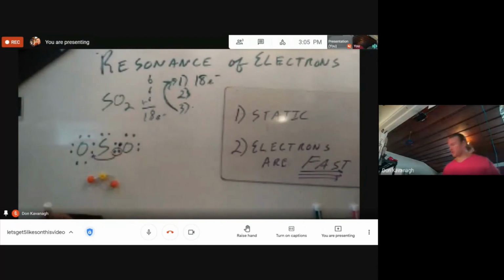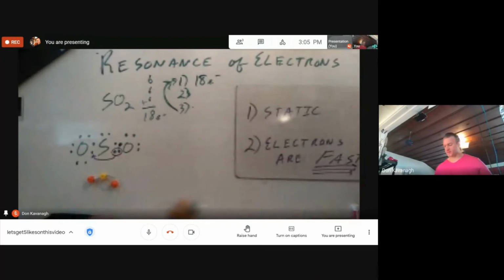What that molecule would look like is sulfur in the middle. I want to be very clear that this purple pair is supposed to be the pair that moved. Now we have a double bond in between here and only a single bond in between here. And then I'm going to fill in